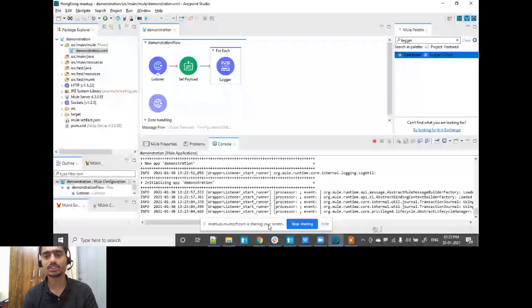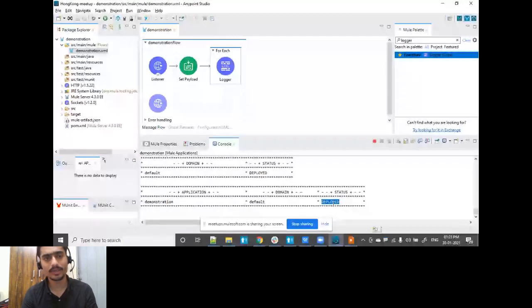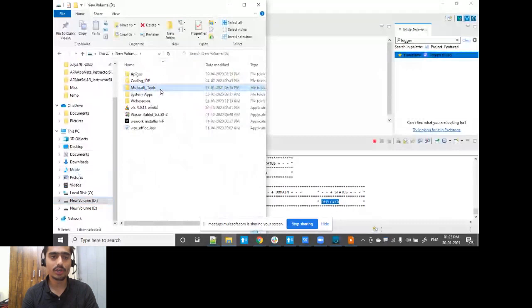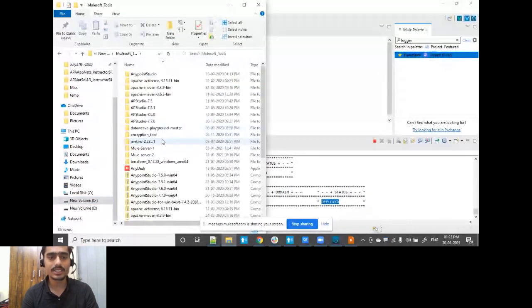You can see the application status to be deployed and how it is getting deployed. Let me just take 2 minutes to explain this entire thing. As I already mentioned, this is a Mule application which will result in Java code, basically a Java binary. So a jar file is being created, and if you evaluate where it actually gets deployed, it's pretty simple. So wherever you have installed your Studio, basically extracted your Studio, let's say I'm working with Anypoint Studio